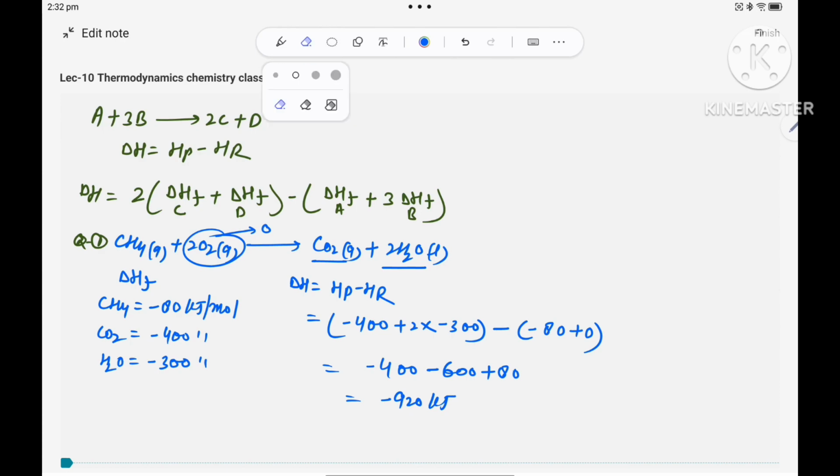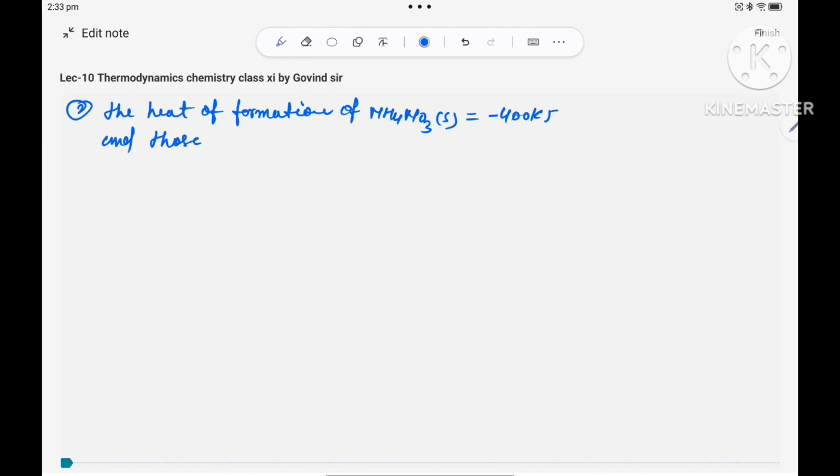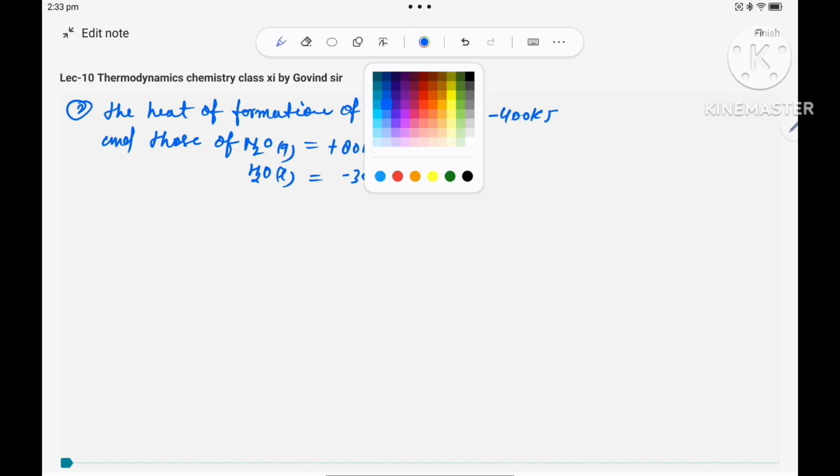One more question. Question number 2. The heat of formation of NH4NO3 solid state 400 kilojoule, and those of N2O is equal to plus 80 kilojoule and H2O liquid, that is minus 300 kilojoule, and reaction is given